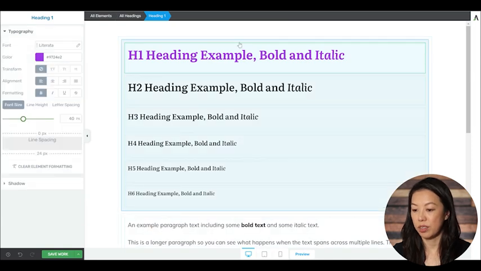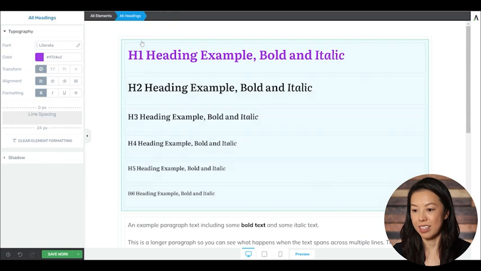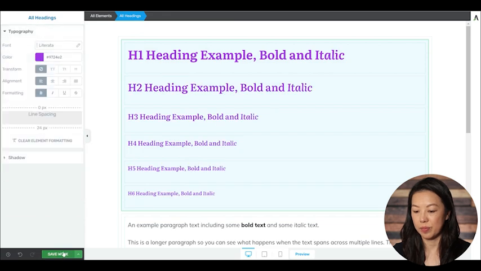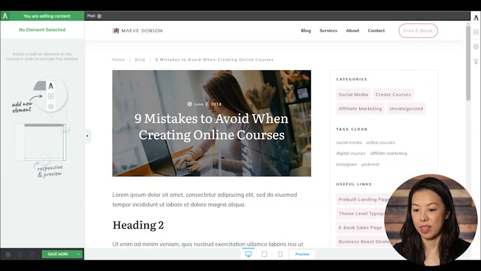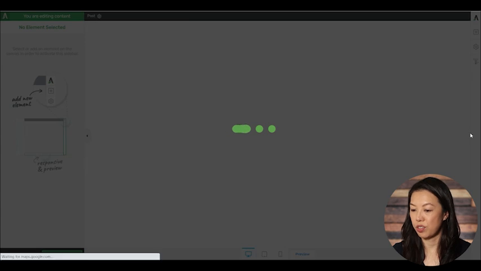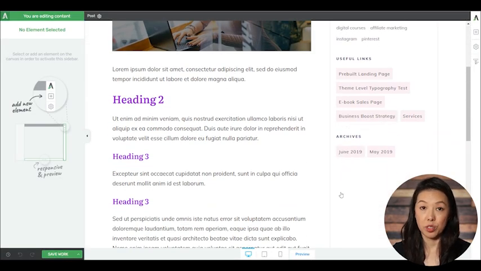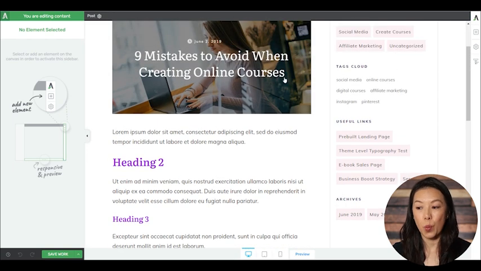Actually, I should have done the entire heading container first. But let's go ahead and select that. Let me save my work. And let's refresh this page. All right, so you can see that the headings have changed here for the most part, but there is one